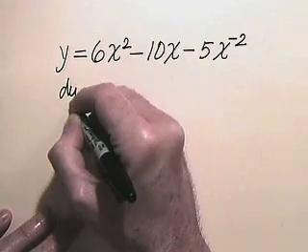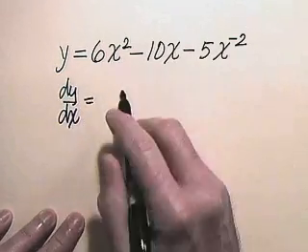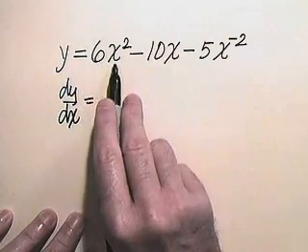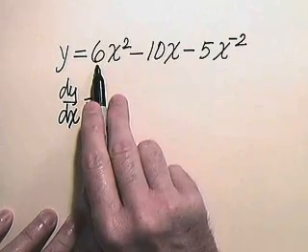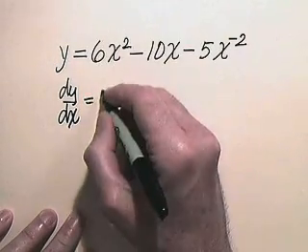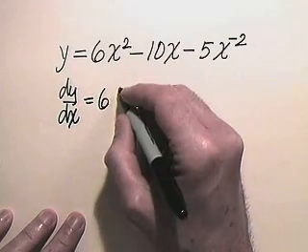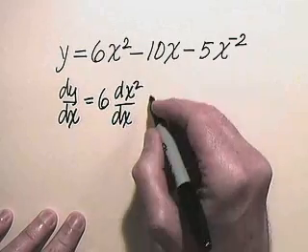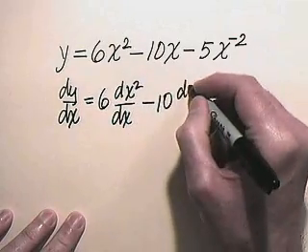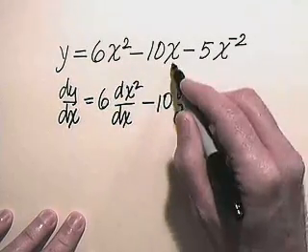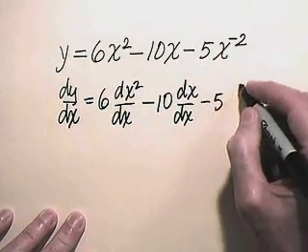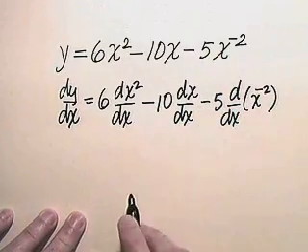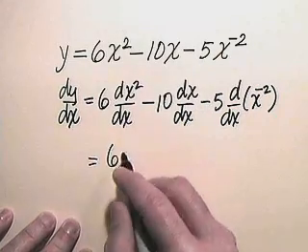So dy over dx is equal to, remember our sum rules tell us we can just differentiate each term, but then when I go to the first term, it's a constant 6 times x squared. Our constant multiple rule tells us that's just the constant times the derivative of the expression. And then minus 10 times the derivative of the x, and minus 5 times the derivative of x to the negative 2. And now our power rule tells us